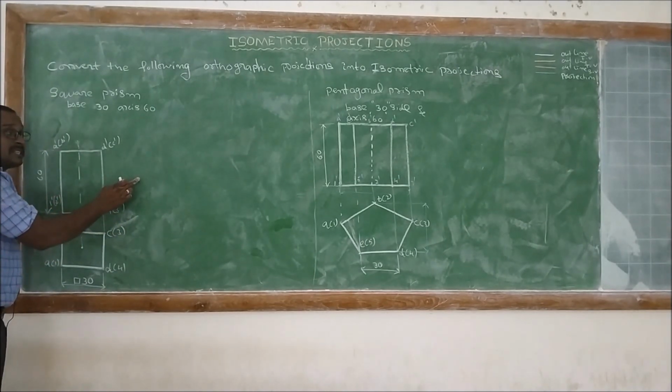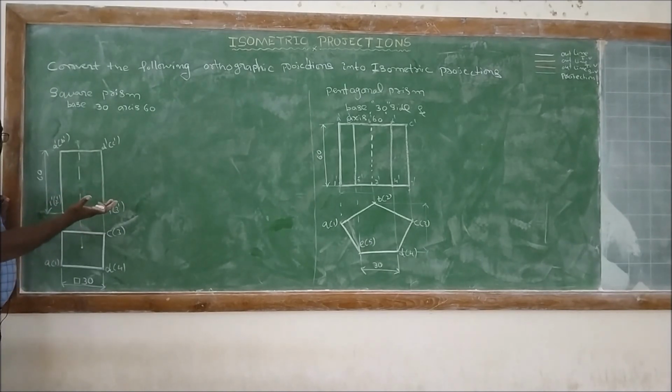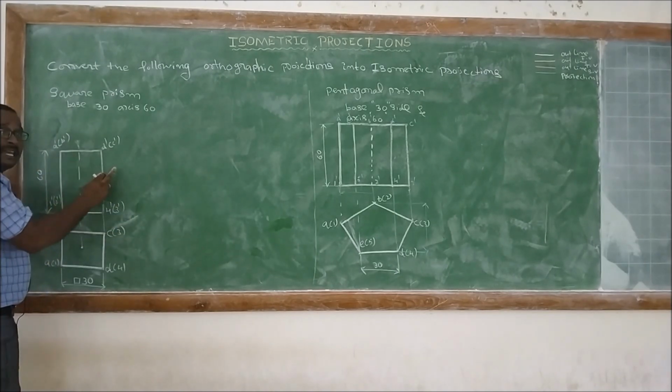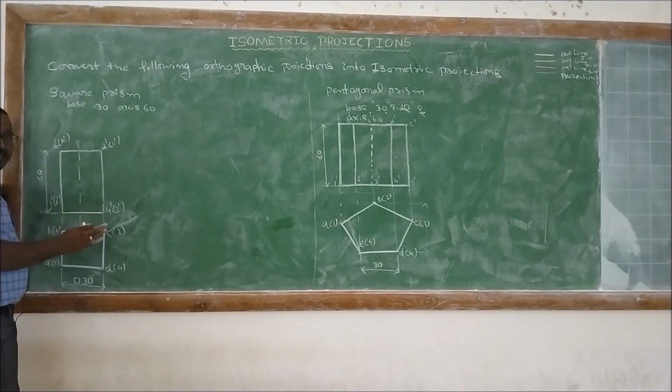Sometimes they will give the side view. If it is a complicated section, then they will give the side view also. So here only two views are given. One is top view and the other one is front view. So here in front view it looks like a triangle shape, in top view it looks like a square shape, right? So here in the front view there are no non-isometric lines. In the top view there are no non-isometric lines. Then directly what we will do, all the vertical lines should be vertical, all the horizontal lines should be inclined at an angle of 30 degrees to the ground.